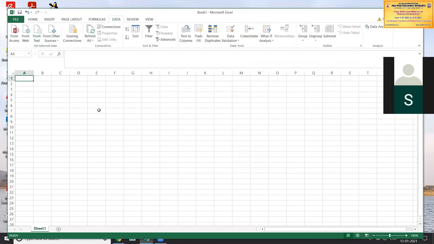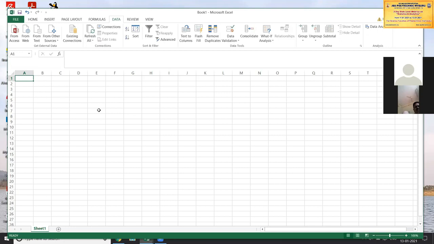Now I am going to start with the 10th program as per the syllabus. The 10th program is to draw a frequency polygon and frequency curve for the data collected from 50 people. They have given the example of marks obtained by the students in your class in 5 subjects in the previous examination. They have specified the exam, so based on that you have to take 50 people as a data set.